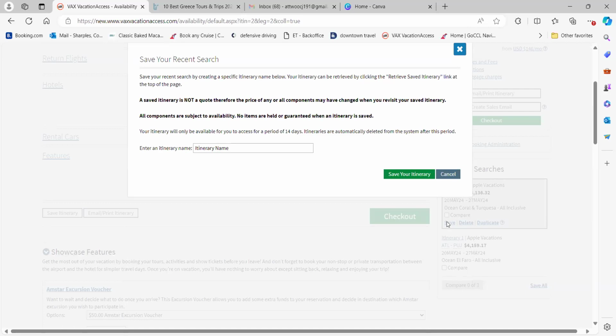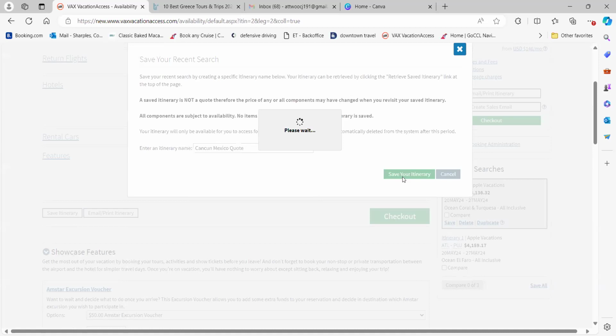It will stay saved under your saved reservations for two weeks. So I'll save this under, if I look this up in Cancun, something like Cancun, Mexico quote, just something different, so you know that it's saved there.